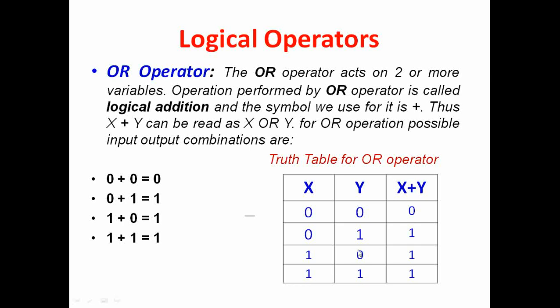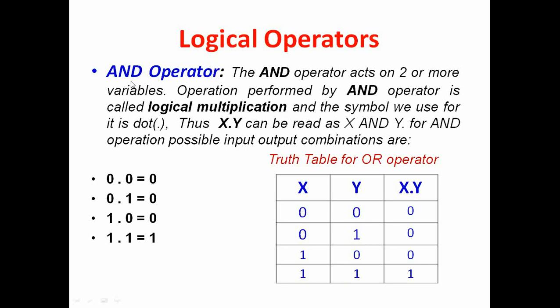We have X and Y, two variables, so 4 combinations can be prepared: 00, 01, 10, and 11. What is the logic behind preparing this table? Because we have 2 to the power 2, that is 4 combinations, and half of 4 is 2. So in the first column we write 0 0 1 1, and then 0 1 0 1. The output for the OR operation X or Y is 0 1 1 1.